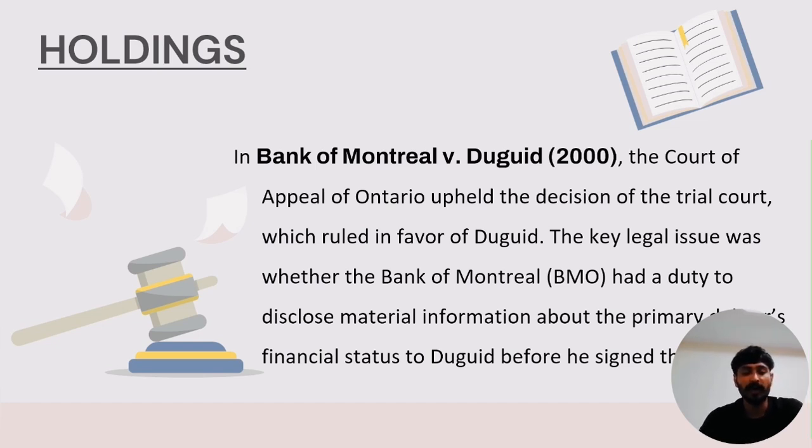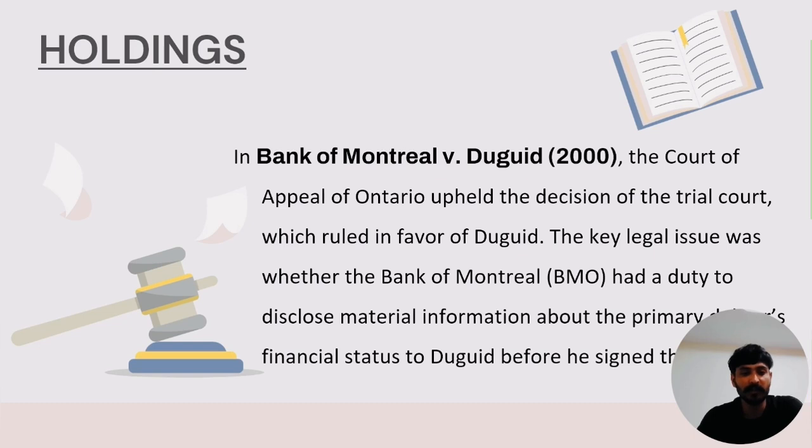So I researched this case and found that the court had to decide if the bank was obligated to give Dugit this information, and if failing to do so made the guarantee invalid. Additionally, the court considered whether Bank of Montreal's actions could be seen as a misrepresentation that would make the guarantee unenforceable. Now, in the holding section, in the case of Bank of Montreal versus Dugit